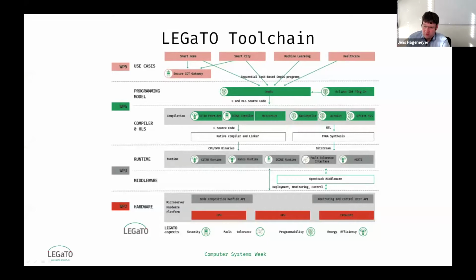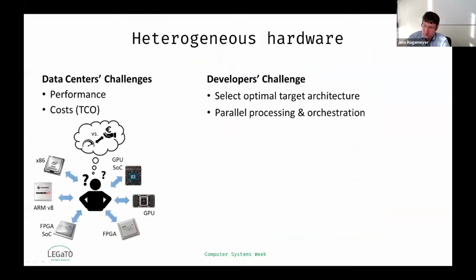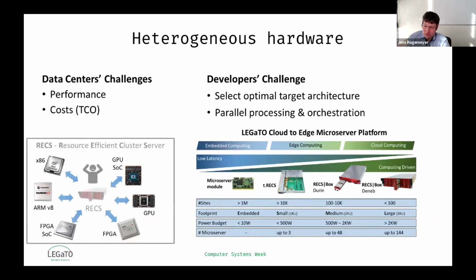So yeah, having the video as the introduction, you already saw that this is about the LEGaTO hardware. The basic challenge of heterogeneous hardware, which we are dealing with in LEGaTO, is on the one hand, as Osman said, that this is probably the domain which we need to focus on for both performance and cost reasons. And nevertheless, there's the developer's challenge of selecting the optimal architecture and in the end programming all this. This is where LEGaTO tries to help, and on the hardware side we have this LEGaTO cloud